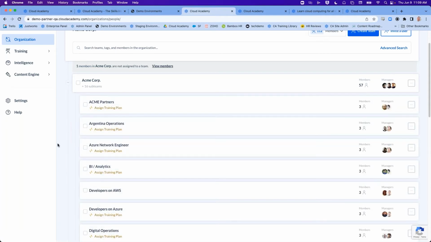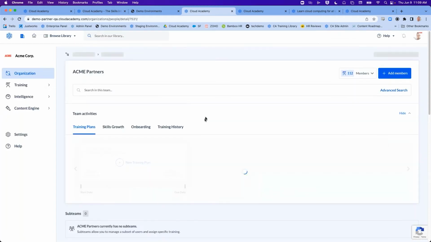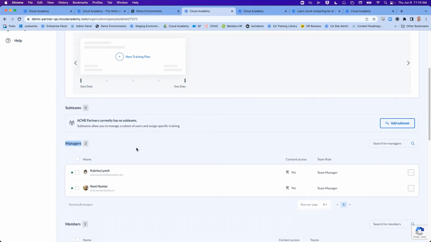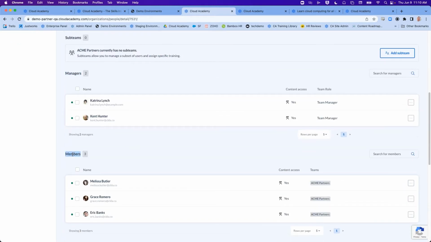One of the more popular approaches, however, is a true representation of your organizational hierarchy. The reason this is so important is this is also how we control access to data. An administrator of the platform is all-knowing and all-seeing. However, jumping into one of these teams, you'll see that you have the ability to align a manager. Think of them as a small-scale administrator where they can edit the team, assign training to the team, but most importantly, view the data for said team. All of your learners will simply be members.